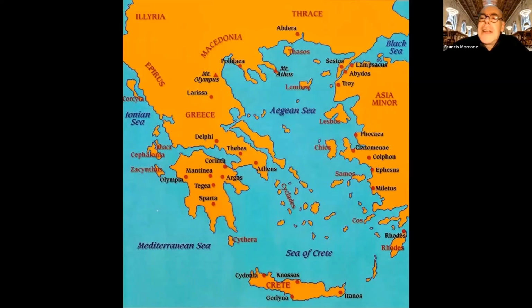And where I thought appropriate, I'm going to show you maps so that you have a sense of where in the Greek world the buildings are that I'm talking about. And I say the Greek world because the Greek world comprises much more than just Greece. It encompasses the islands around Greece, but also, if you look to the right, you see where it says Asia Minor, Turkey. Many of the greatest, most important Greek buildings are in Turkey.